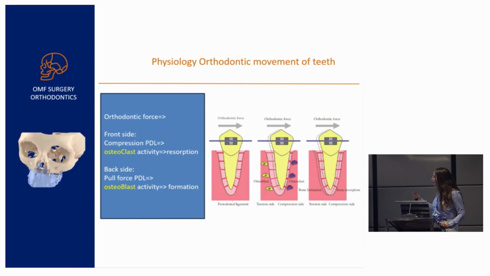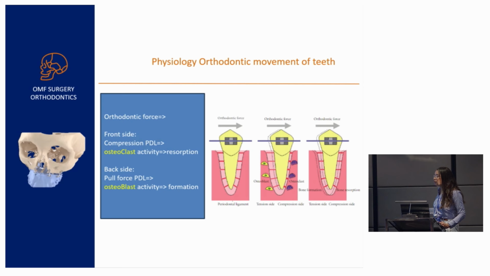And to explain that, I'm very briefly going to explain the physiology of the orthodontic movement of teeth. It may look a little bit complicated, but it's actually very easy. The tooth is fixed with these red stripes. Those are the fibers, the periodontal ligament that I already mentioned. It's fixed in the tooth socket, in the bone. And if you place a bracket and you put an orthodontic force to it and you push the tooth towards the front, what happens is that the fibers here at the front compress,